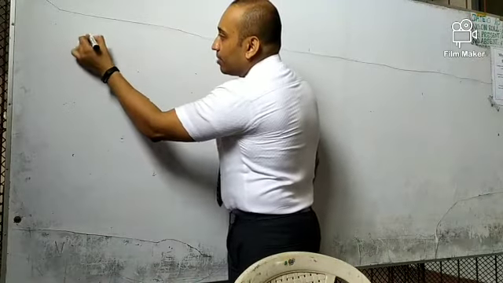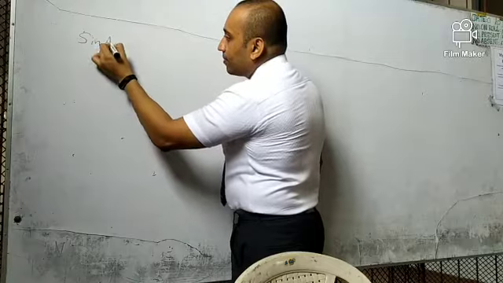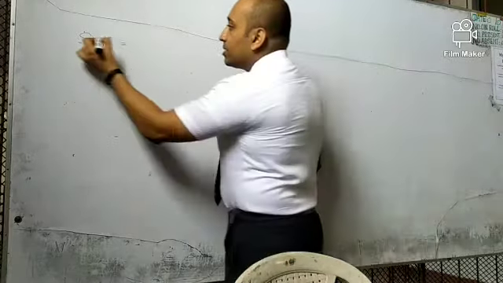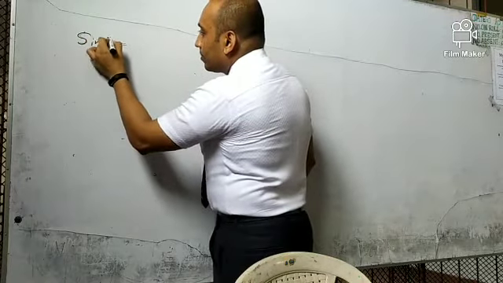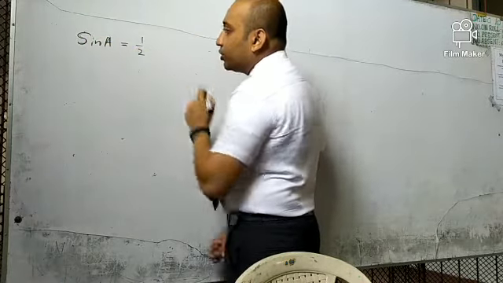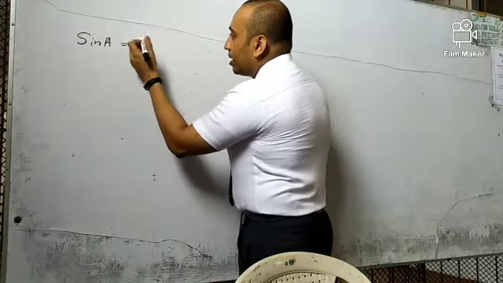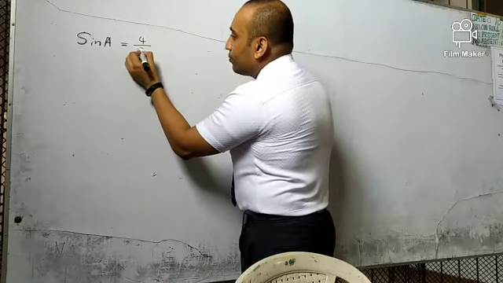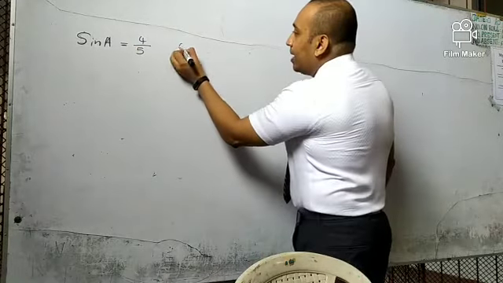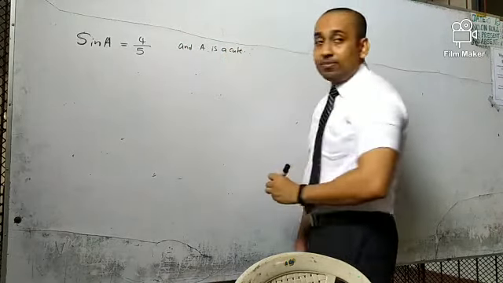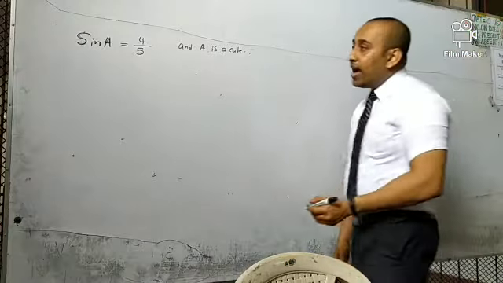Right. This part is a continuation of our AS work. They used to give us a question like this: sin A is equal to 4/5, and A is acute. Right? Then they ask us to find